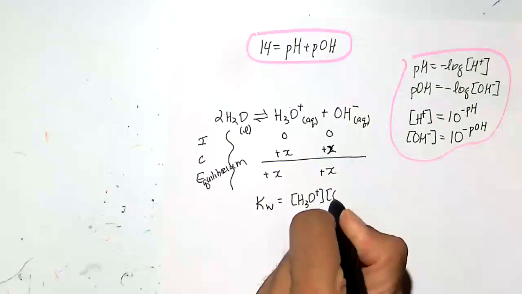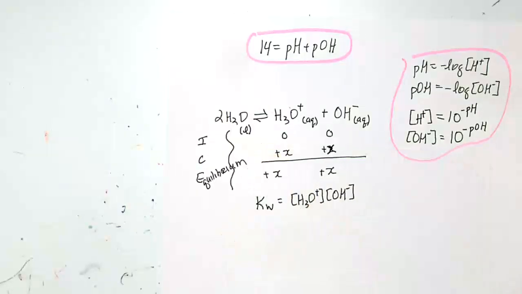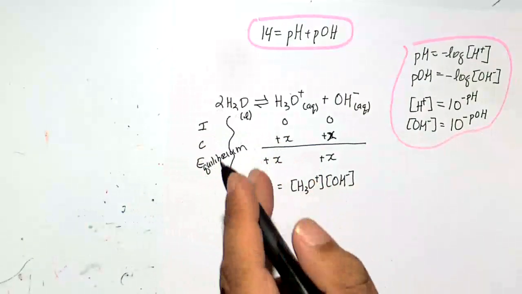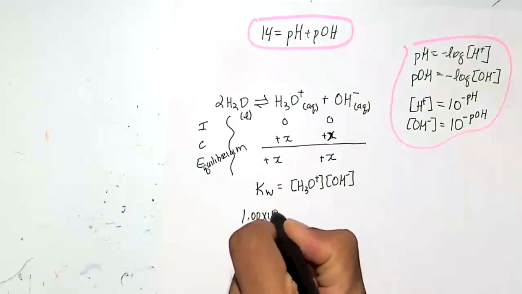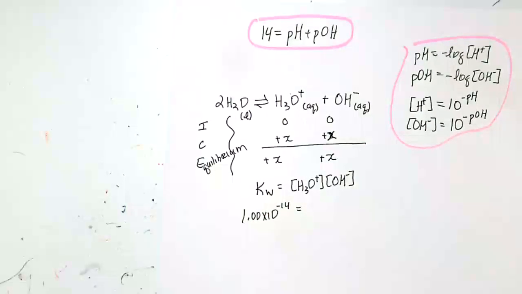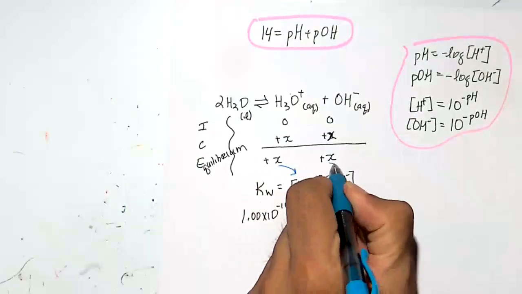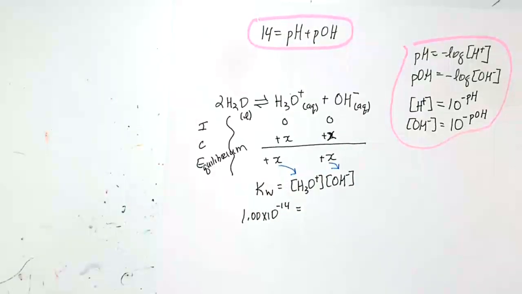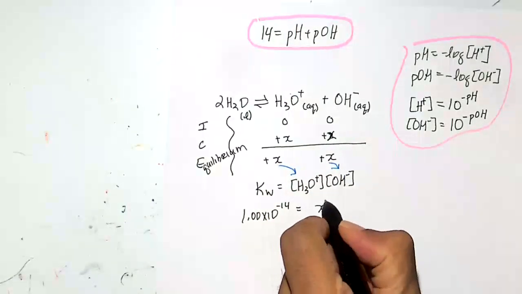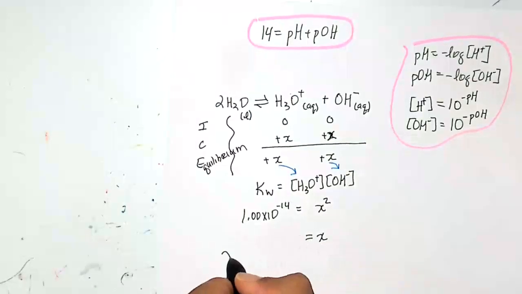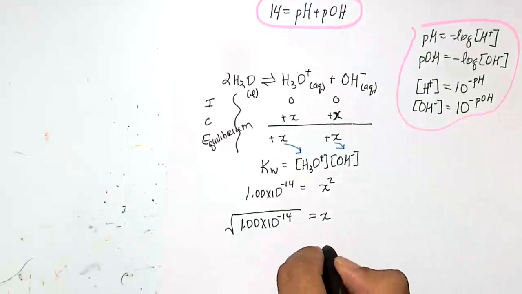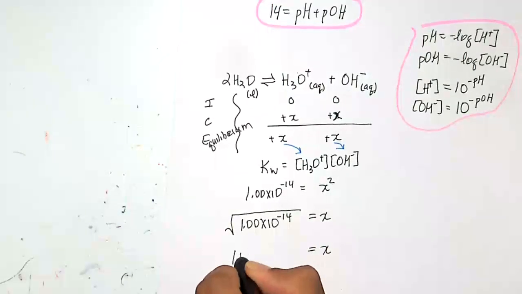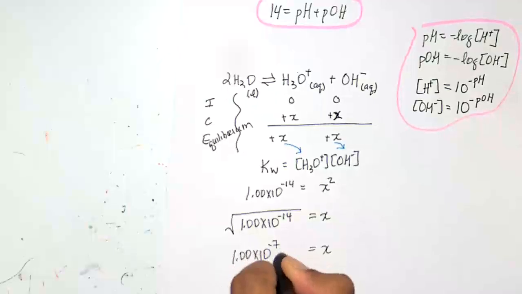Kw is products over reactants, but the reactant is a liquid, so we ignore it. Kw is 1.00 times 10 to the minus 14. So we plug the values of x and x from our ice table: x times x is x squared. So x is equal to the square root of 1.00 times 10 to the minus 14, which is 1 times 10 to the minus 7